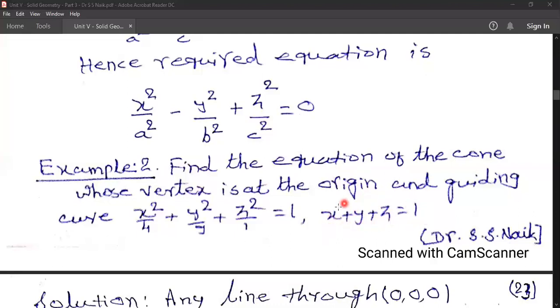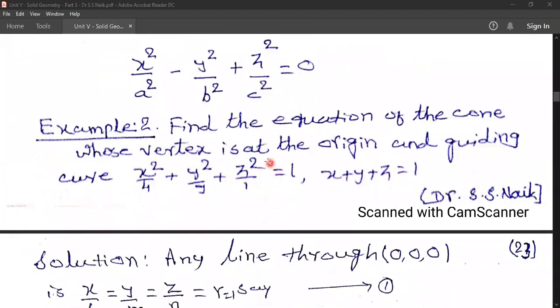So this becomes an equation of a plane, ax + by + cz = d. This is what we call an ellipse. This becomes an ellipsoid, a three-dimensional figure. x squared upon 2 squared, y squared upon 3 squared, and z squared upon 1 squared is an ellipsoid. Okay, so this is a three-dimensional figure.